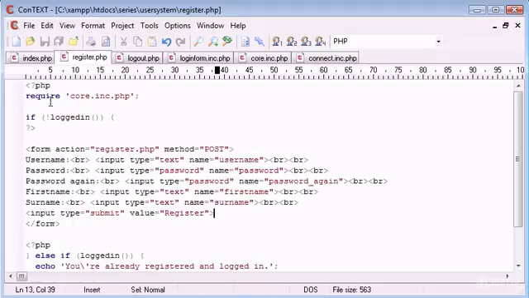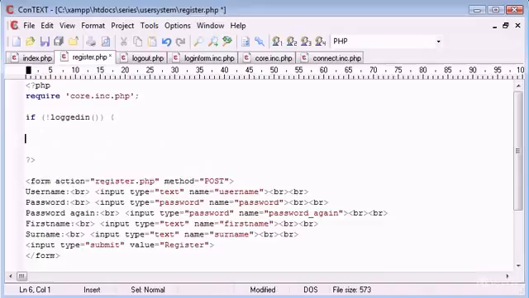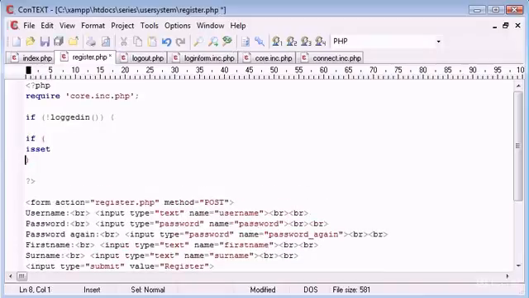So the first thing to do is up here. I'm just trying to think if we should do it within this. Yeah, we'll do it within this. So, if not logged in. The first thing to do is to check if each form field exists in our form, so if everything's been correctly submitted, and we use the isSet function for this. So if isSet, we can pull this down and it's going to look a bit better for readability. So if isSet